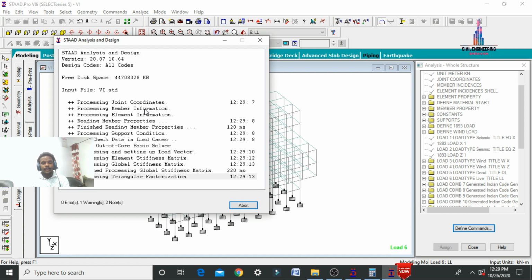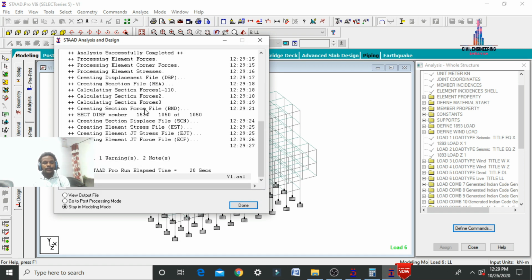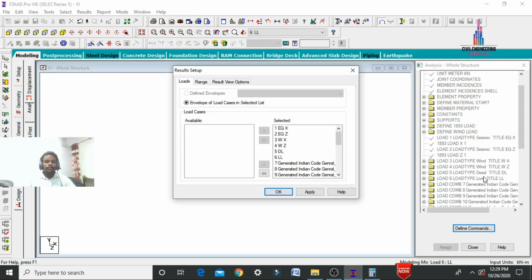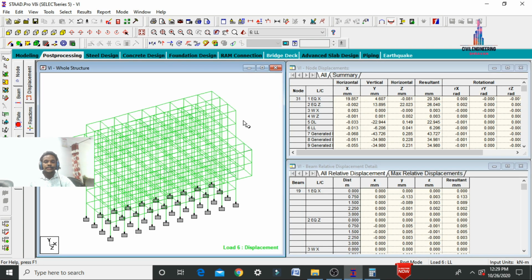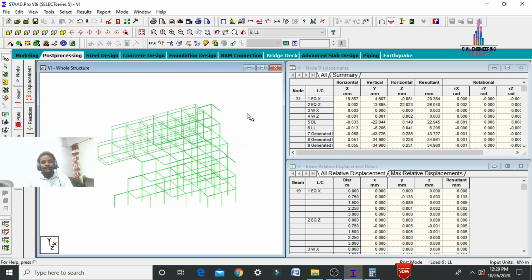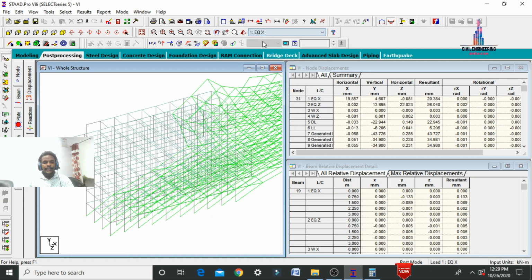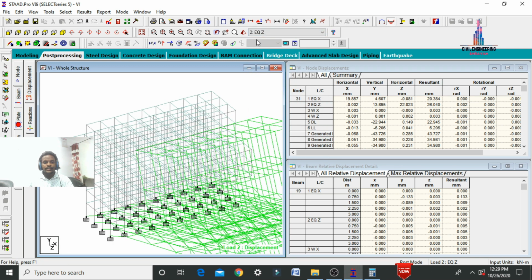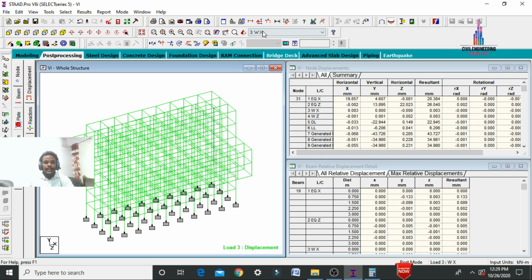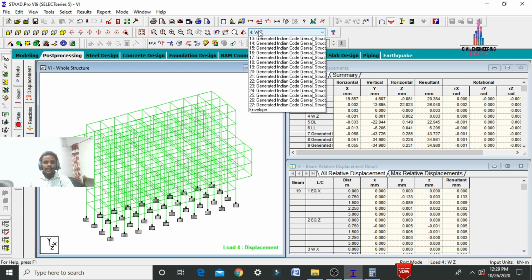So after analysis process completed, now here my model is observed with zero errors, one warning. Go to post processing mode, click on done option. Now we have to see the deflection value, shear value, bending value which is related to this respected building. So this is the deflection diagram due to presence of the live loading condition, and I'm selecting it as earthquake load in x direction condition, z direction condition, wind load in x direction condition, wind load in z direction condition.